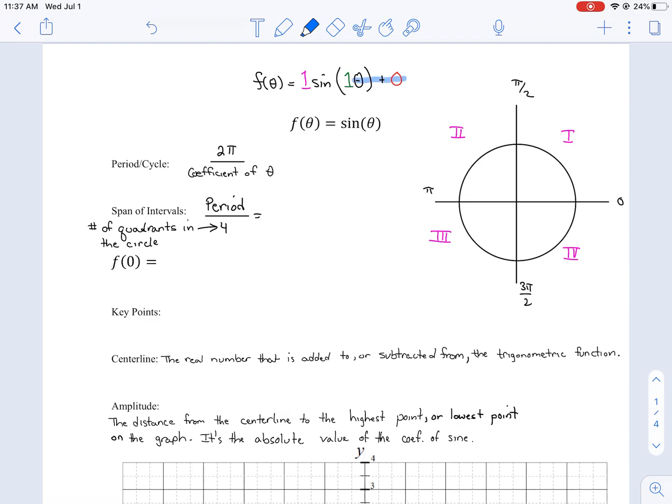And before we do that, I've gone ahead and rewritten the function so the coefficients of 1 are present and we are adding 0 at the end of the function. All of that will help us be able to fill out the information over here to the left, starting with